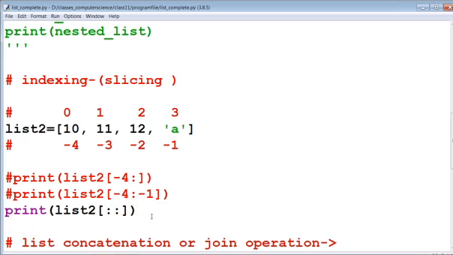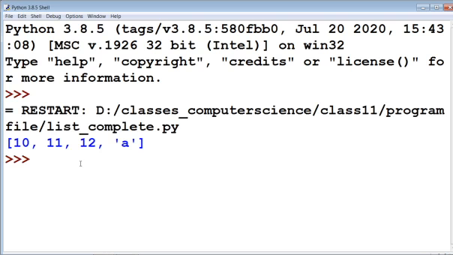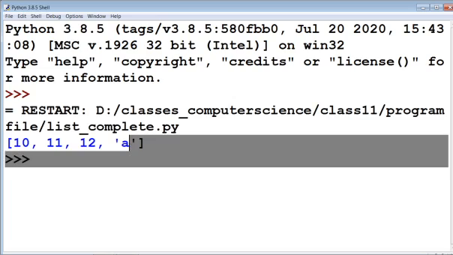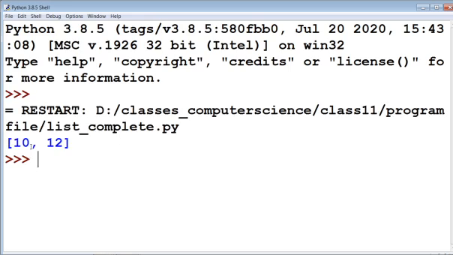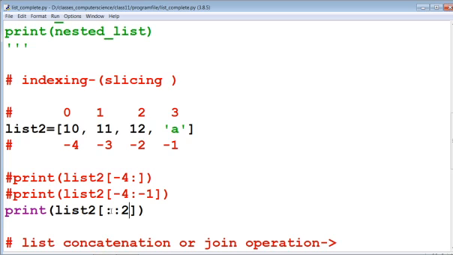Now the list, all the elements of the list will be printed. So if we are going to define the increment value like 2, then we check the output: 10 and 12, because it started from 0. If we are not going to define the start value, then this is started with 0.